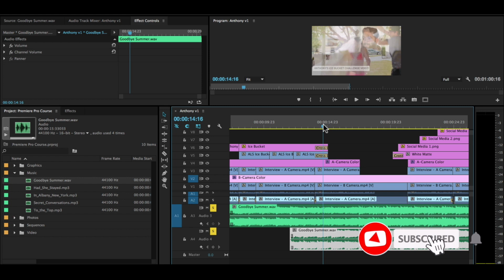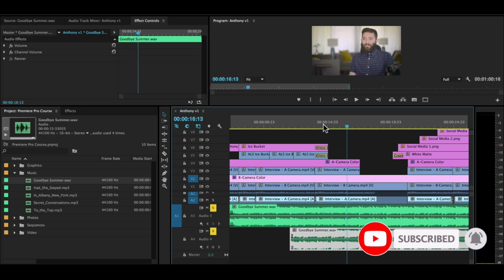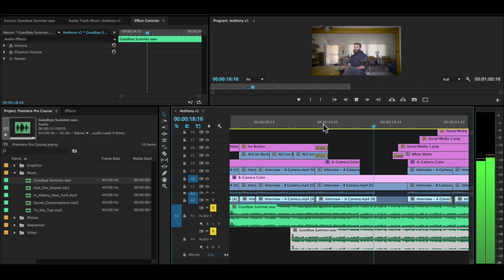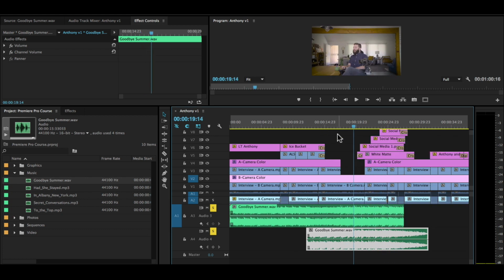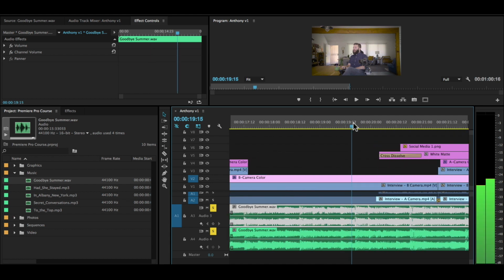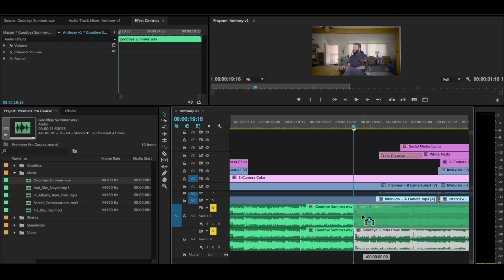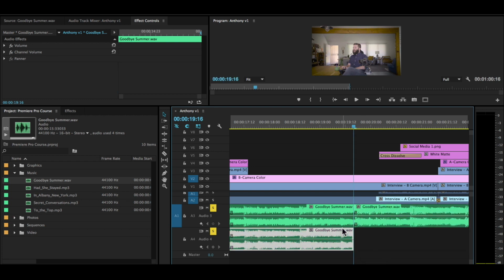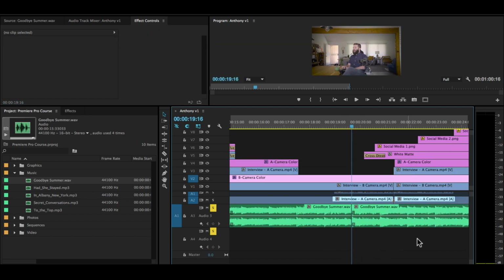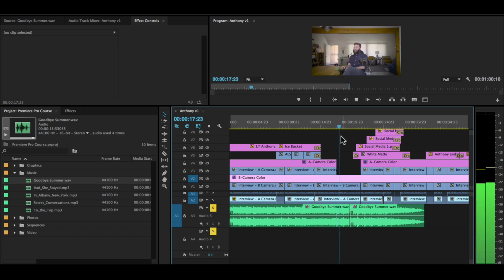Now I can play through it. It's pretty good. Maybe nudge one frame to the right. That sounds really good. So now we just have to cut this first clip, probably right about here, and the second clip right about there, and just drop the second part on top of the first part, delete this part, and now if we play through it,